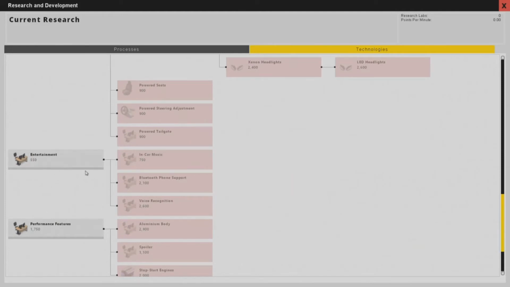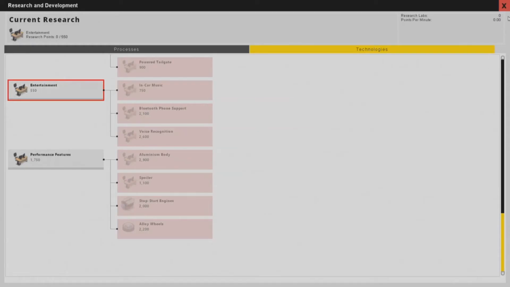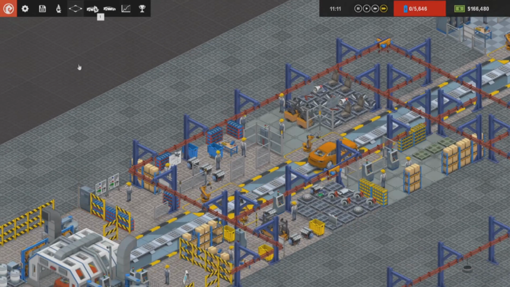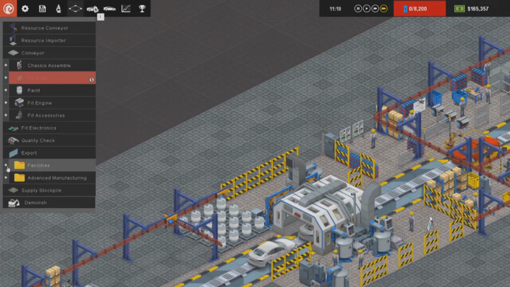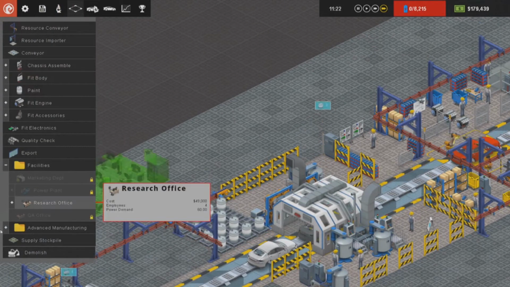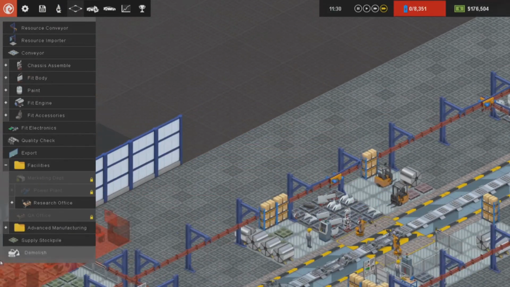Entertainment. Now we're going to click on entertainment. You see, there's going to be research points. But you see, I'm not researching anything. So if I click off of this, I'm not researching anything. What I need to build now is the facilities. You see the facilities there, and a research office. So I'm now going to put it down here,